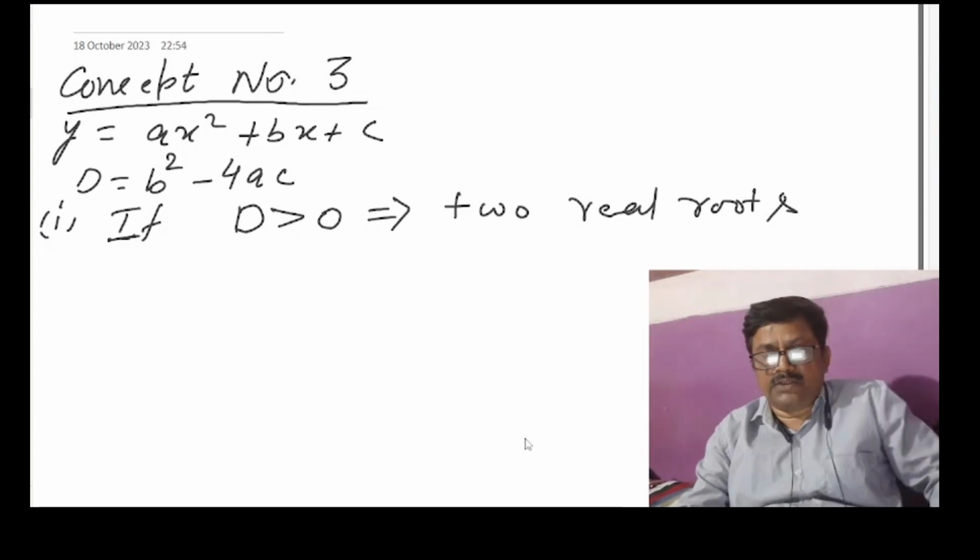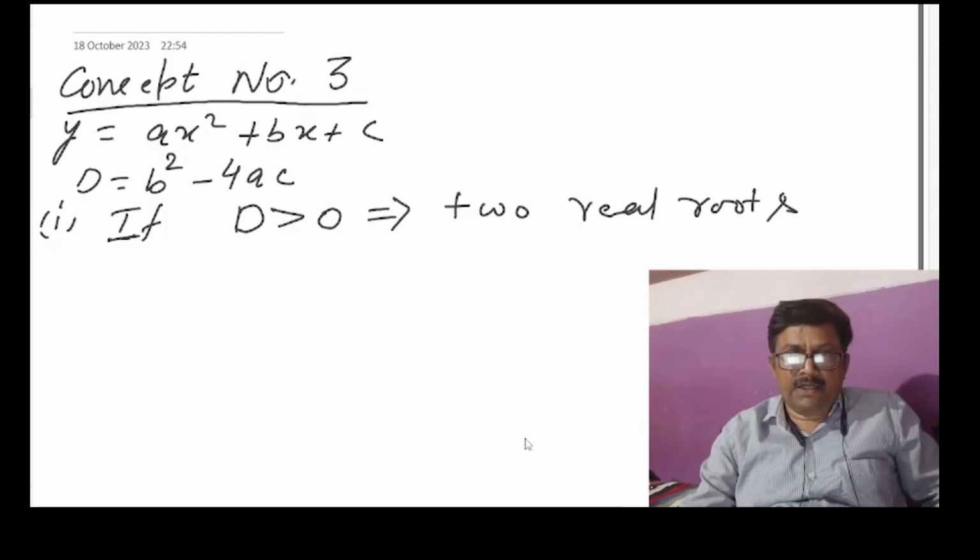We have discussed this just a few moments before. If there are two real roots, it means for two values of x, y will be 0. So the graph will cut